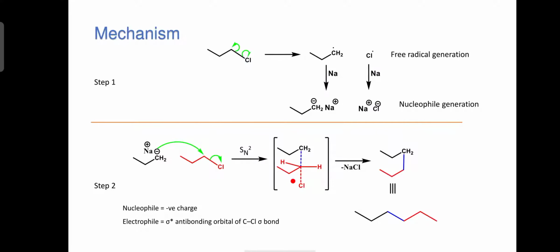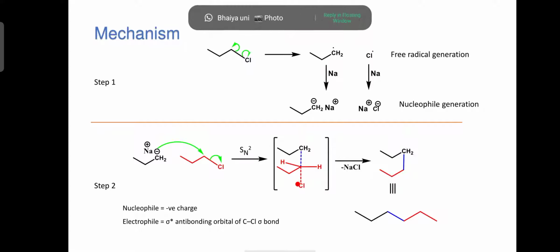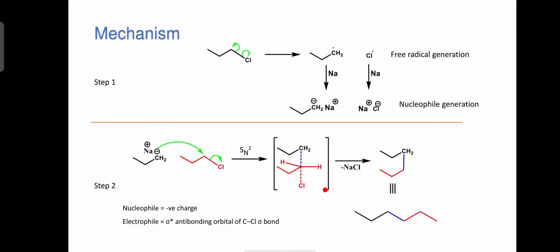the energy of the transition state is generally very high as compared to the intermediate. That's why these species are highly unstable as compared to the intermediates. So what will happen, this chloro group, this bond will break and this bond will form. So the sodium ion will take the chloride ion from here, and it will be removed as NaCl. And here I have not represented this hydrogen.